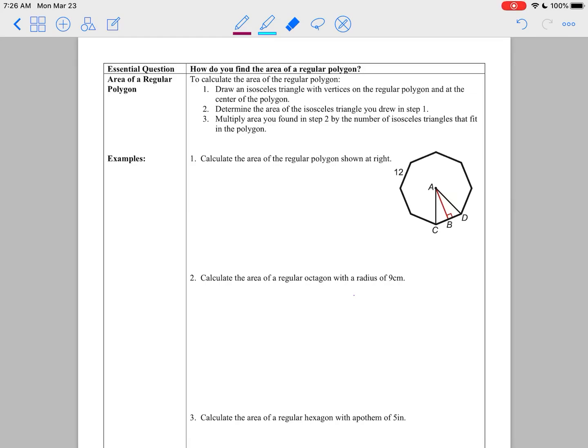Okay, now we're going to find the area of a regular polygon. Basics of it is we're going to make an isosceles triangle and find the area of that triangle, and then find the area of the polygon from that. Now the reason why you're going to use an isosceles triangle